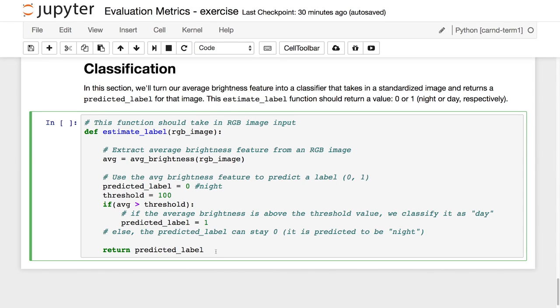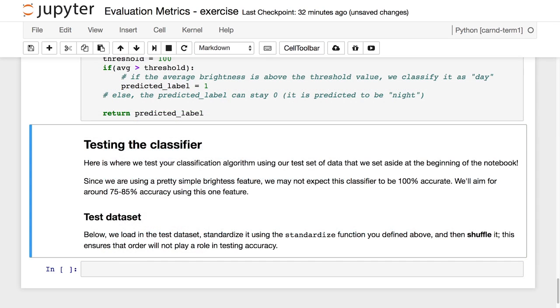Now we've created a complete classifier that takes in an RGB image and outputs a predicted label for any image. The next step is to look at the accuracy of our model. The accuracy of any classification model is found by comparing predicted and true labels. If the predicted label matches the true label, then this is a correctly classified image. If not, it's misclassified. The accuracy is given by the number of correctly classified images over the total number of